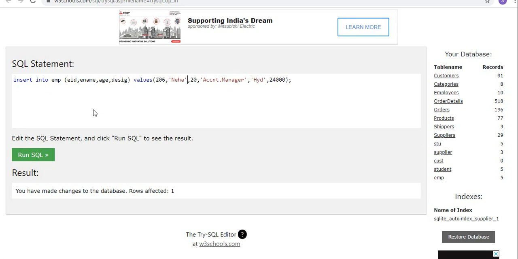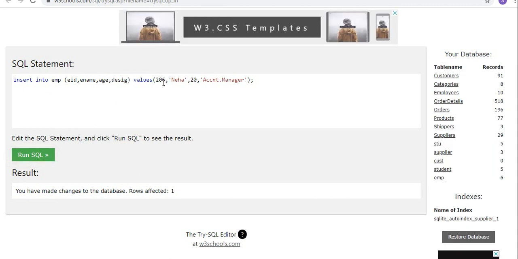EID, name, age, designation are enough. I don't know these details, so I am not entering them. Okay, is it clear? Yes sir. Now run SQL. Another record is inserted.